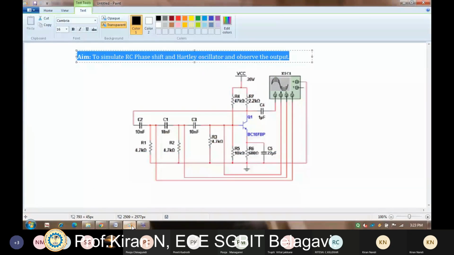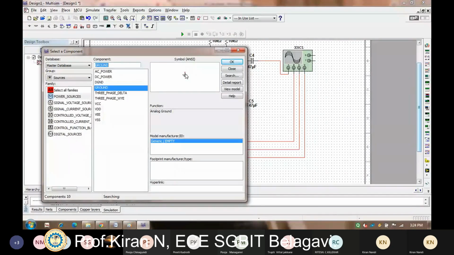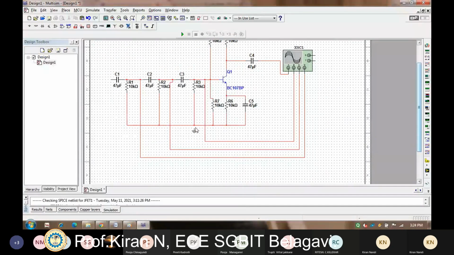You can check with anything is left over. So yes, I have to connect one more part here. So all this, that is ground. So I'll be connecting this ground here. Okay.